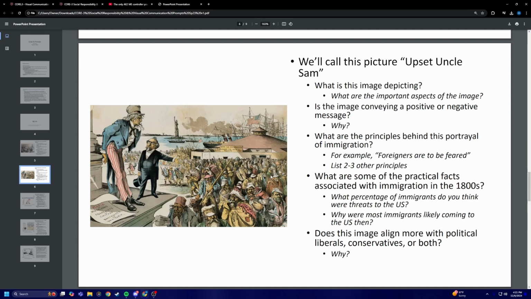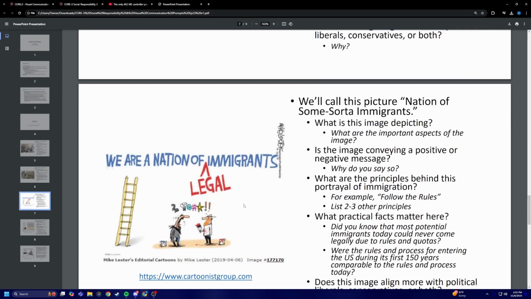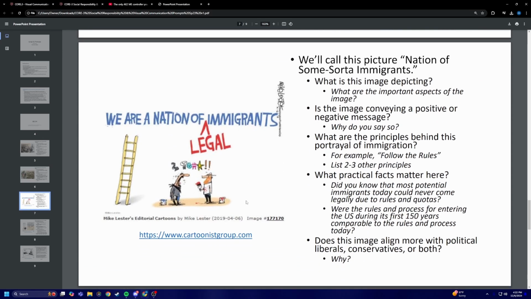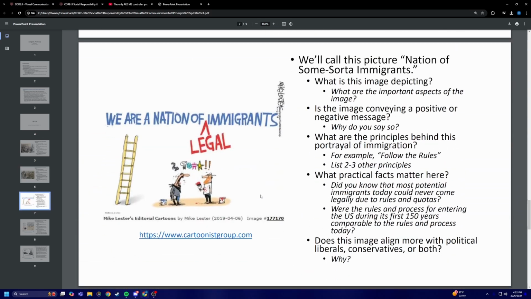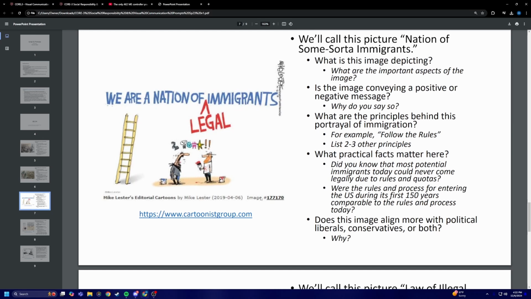Anyway, moving on. This image definitely aligns more with political conservatives who, even as we see today, want to keep immigration to a minimum. Well, let's not paint too broad strokes, okay? I mean, conservatives are great people and they just want what's best for their families, and letting more potentially dangerous people into the country is not what's best for their families. All right. Sure. Anyway, we'll move on to the next